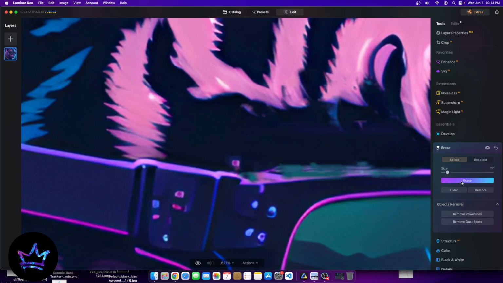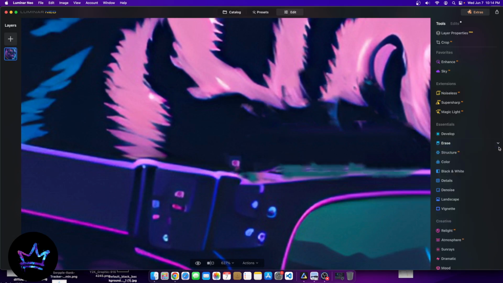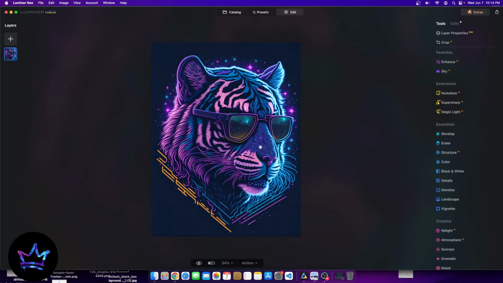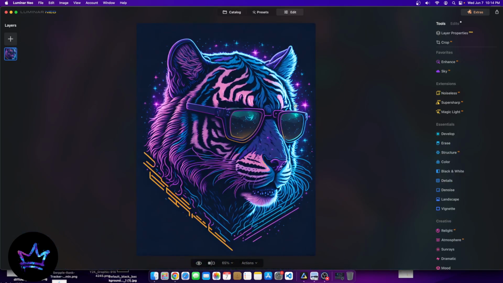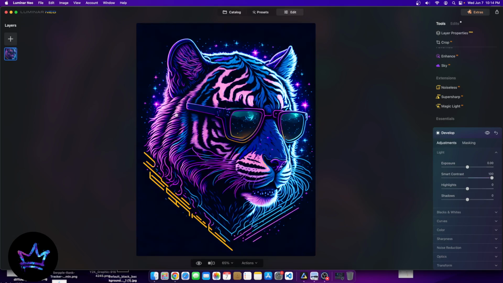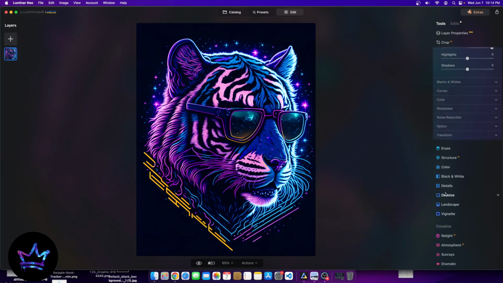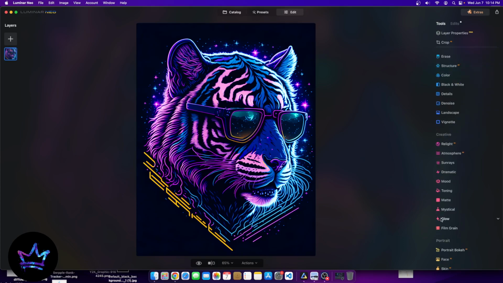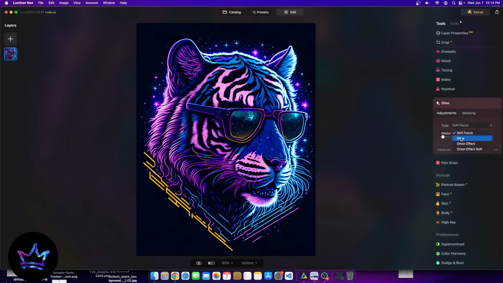So let's go ahead and clean that up. Yep. There we go. Let's deselect that. All right, so this does not look bad, okay? Pretty decent. Now, let's head over to our develop, smart contrast, turn it up, black, not black, but a decent background. Before we go to our mystical, let's head over to glow, and let's increase